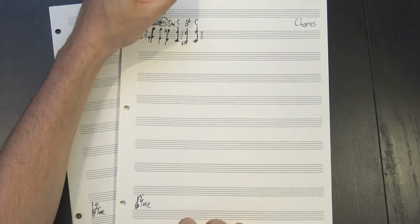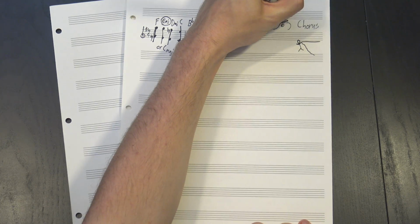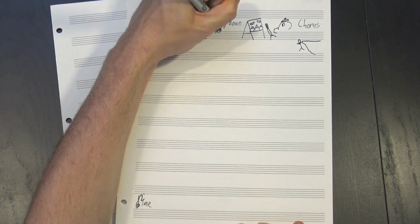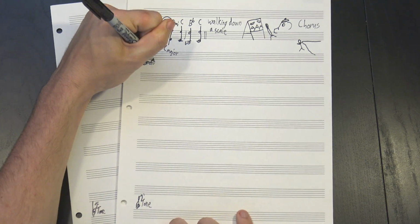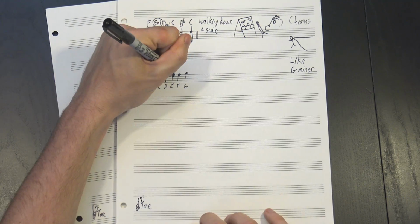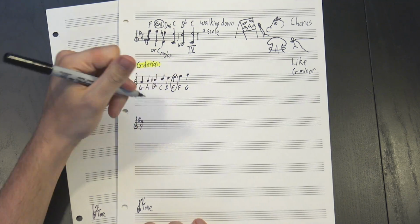I've seen some people call this a C major chord because the melody is hanging on a C for the first part of it, but I think calling it E minor does a better job illustrating what's happening here, which is that we're just walking down a scale. Specifically, we're walking down a mode called G Dorian, which is like G minor but with a raised 6th degree. The first time through the progression we end on the 4 chord, C major, whereas the second time through,